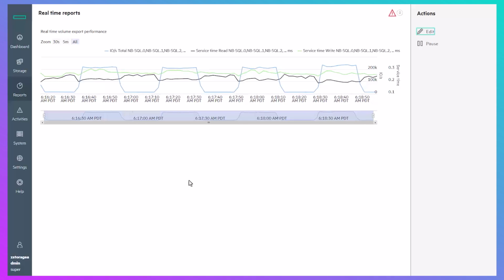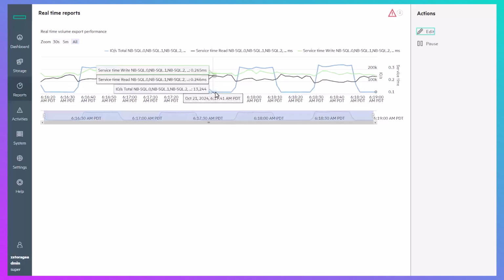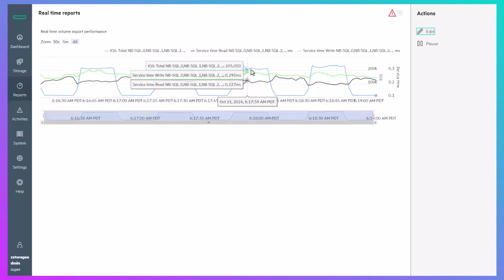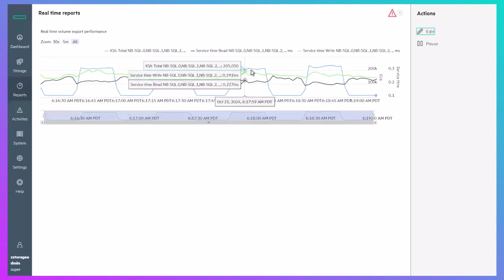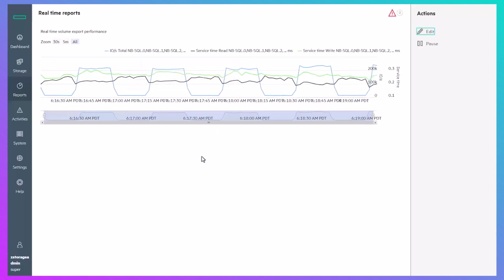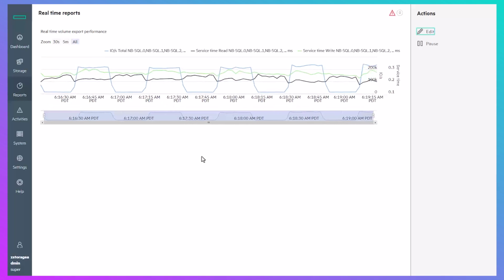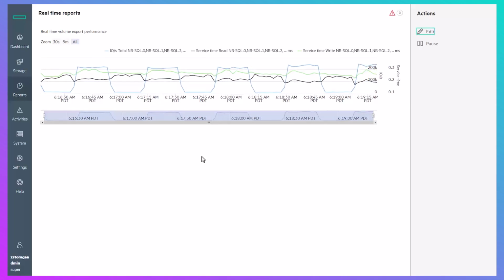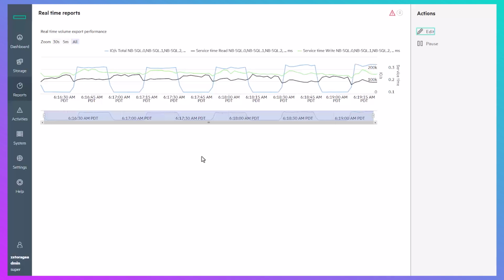The volumes I've selected appear to have peaks of activity that last about 20 seconds. The historical performance on the system has a default granularity of 5 minutes, which can be set to as low as 1 minute. But even when data is averaged over an interval as short as 1 minute, you could still